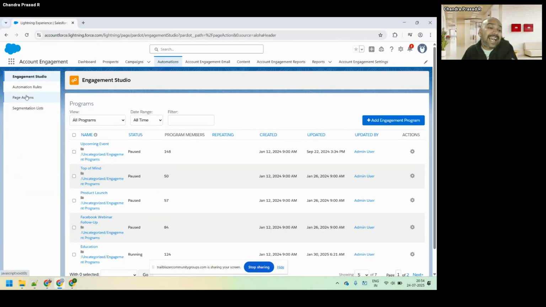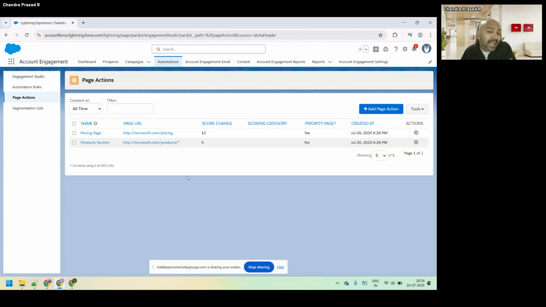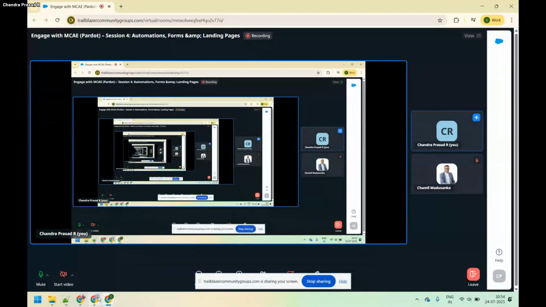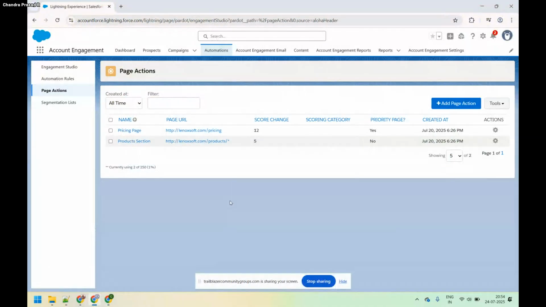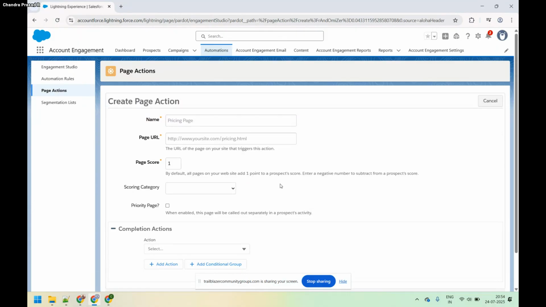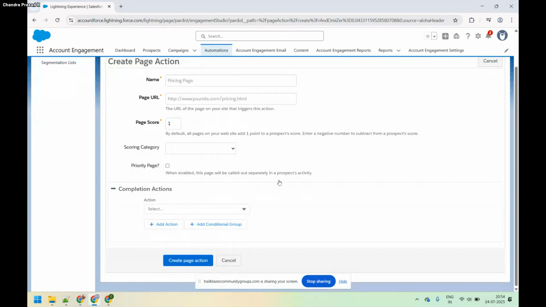What is page actions? Page actions are the ones which will help your company. Let me turn off the video because it is occupying some space. Okay, hope you are still able to see my screen. Page actions are rarely used. Page actions are the ones which will help you track any URL, but preferably I would suggest you